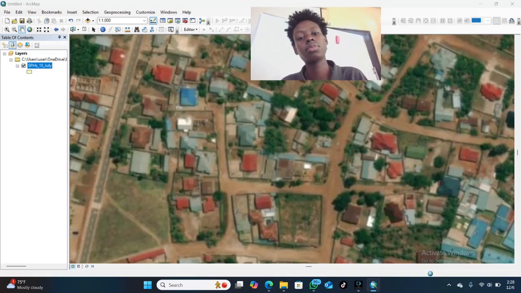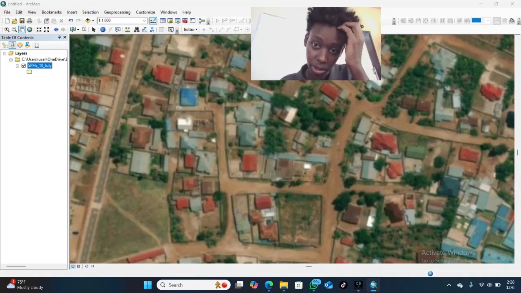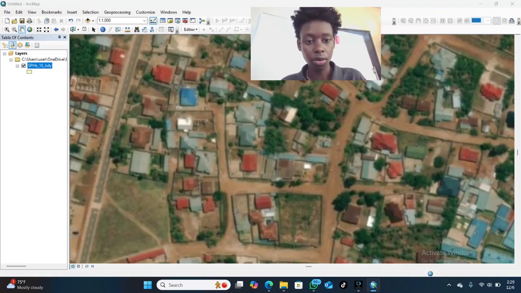Then after being added, these shape files will be overlaid upon this base map so that your plots image of